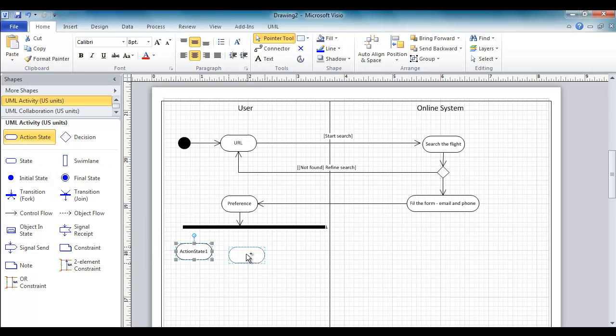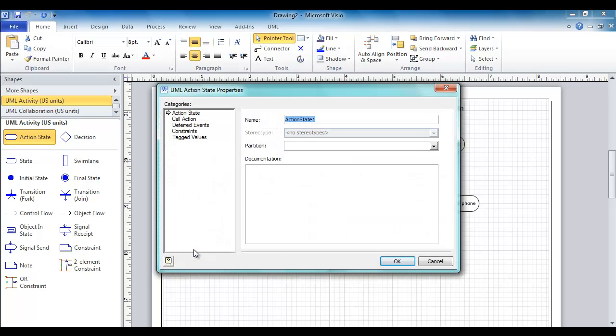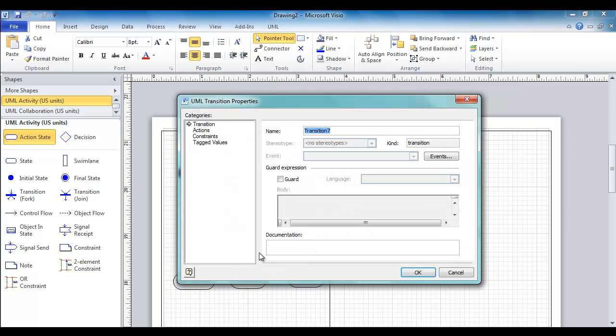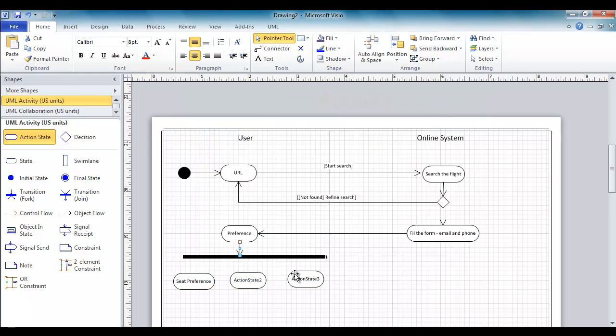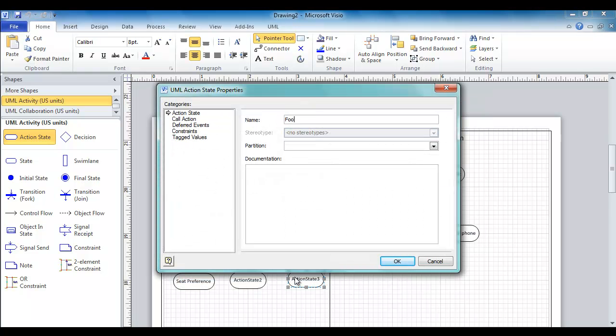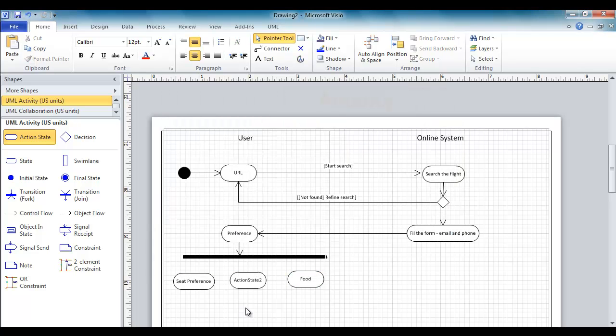Then there's an option for the food and the option for the drink. Seat preference, drinks, and food. We have all the three here now,